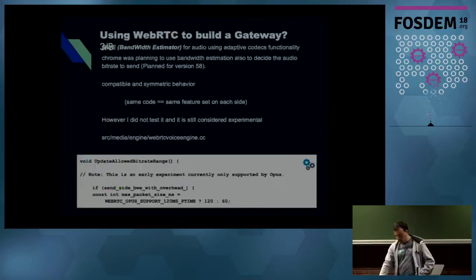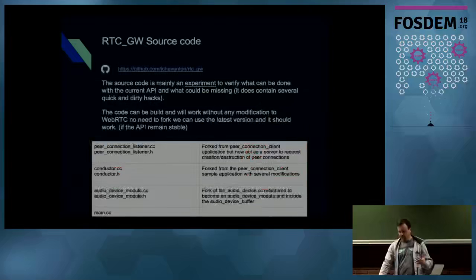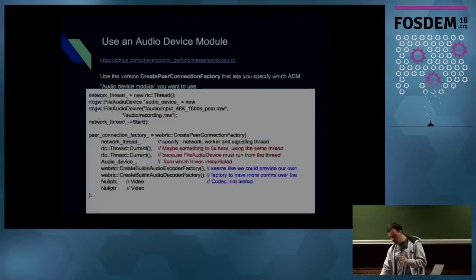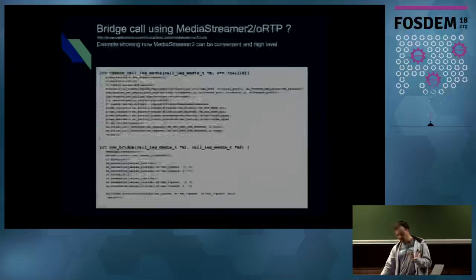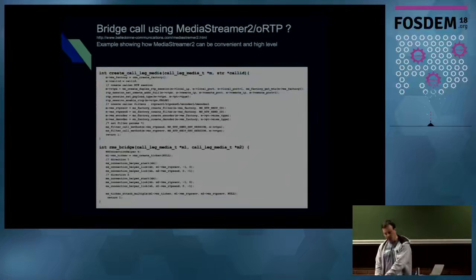I think I was able to cover most of the arguments that made me think this is worth doing. And to conclude, I have to say there are many alternatives around that are working very well. This is an example of how to use MediaStreamer 2 to do bridging or transcoding. You can see how high level it can be. Even if it's a C application, it can be used as a high-level application, in my opinion, because you only need a few functions to do everything. You have factories for everything.